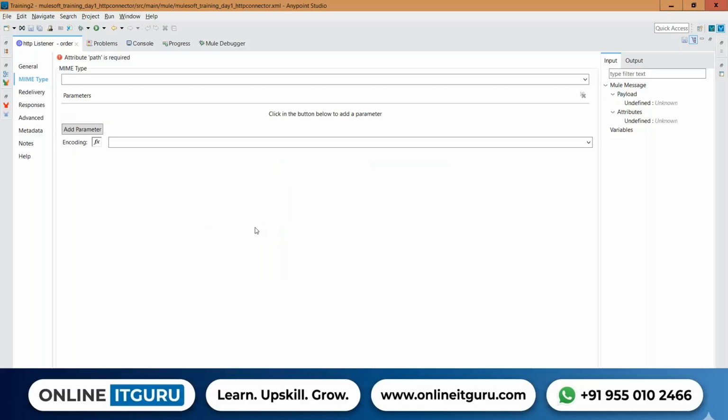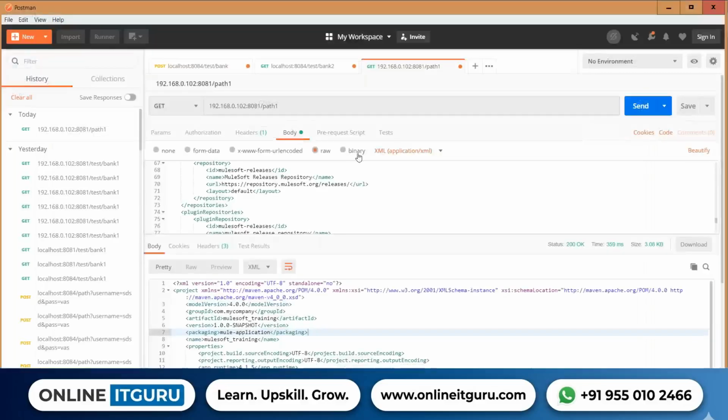As you are reading the requests from the different locations, whichever requests you receive from the different systems, all the time that request may contain bodies. Those bodies can be XML or JSON or anything else. This body information can be XML type or JSON type or HTML, anything else, right? So